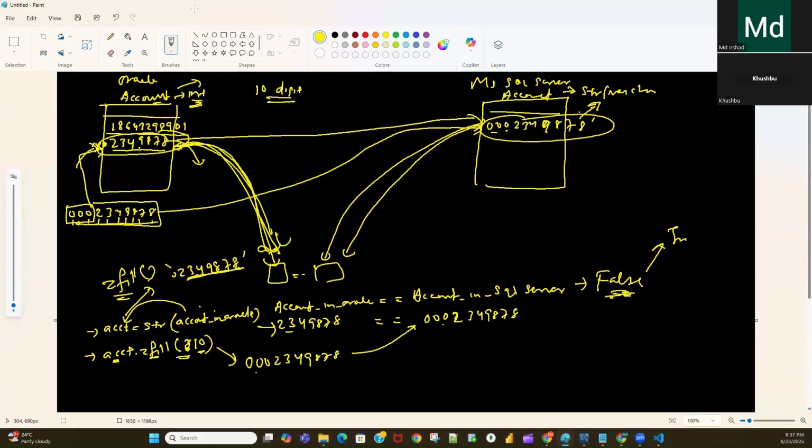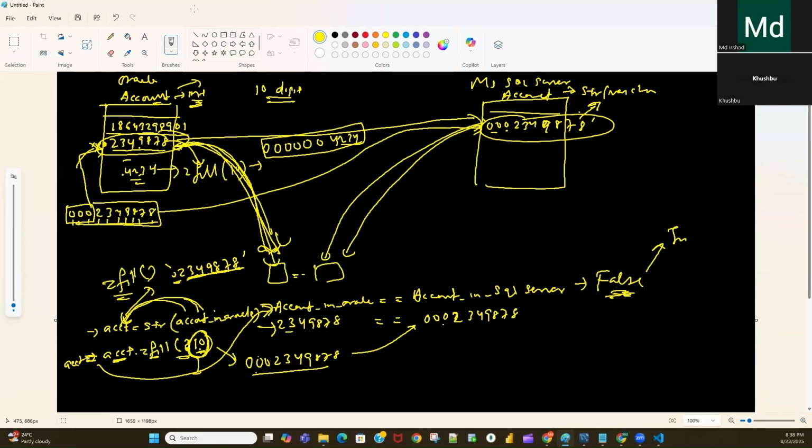So the zfill function will add 0 at the beginning of the given string until it reaches a total of 10 characters. Why have we given 10 here? Because the account should be 10 digits. This is our business rule, that the account should be 10 digits, not less than or greater than 10. After doing this, again we are storing it into the account variable, and once this part is done, then we have written this line of code. Then our code was working, and our logic has executed. So the zfill function is doing this.